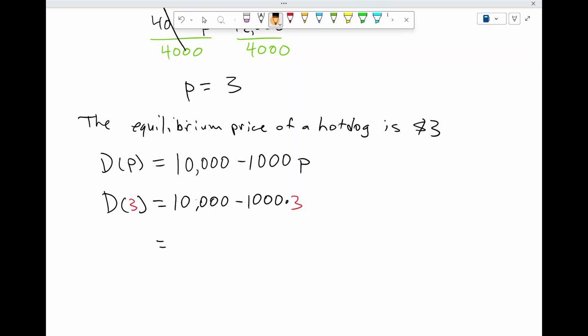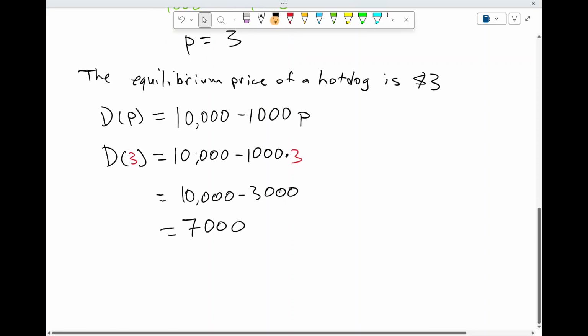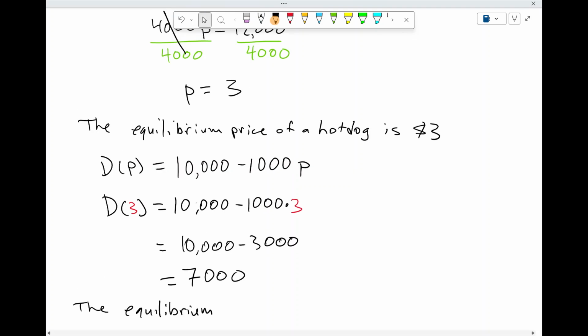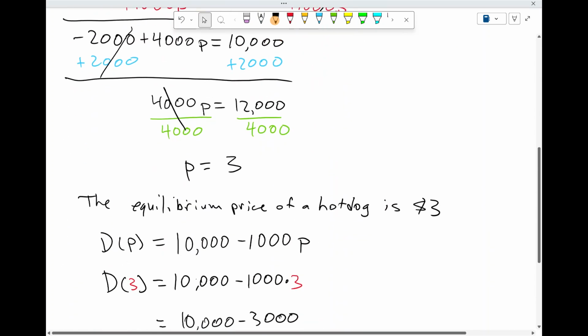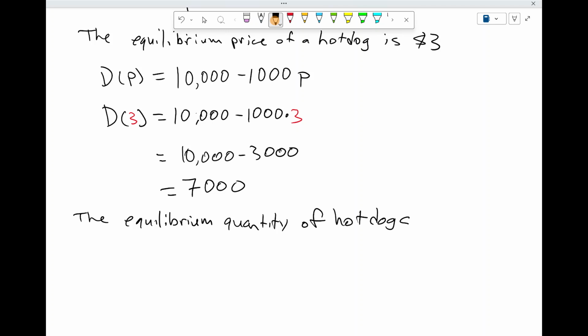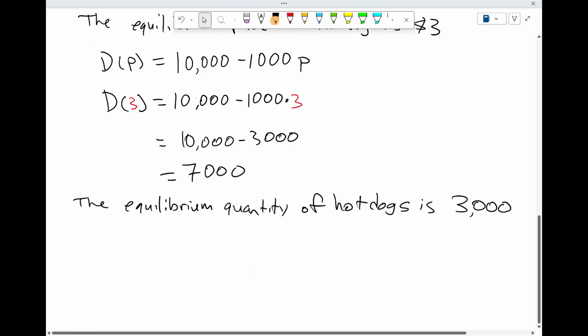So that's going to be 10,000 minus 3,000, which is 7,000. So the equilibrium, and how do they say it? They say the equilibrium quantity of hot dogs is 3,000. Now, if you wanted to check your work, just to make sure you got this correct, you could just